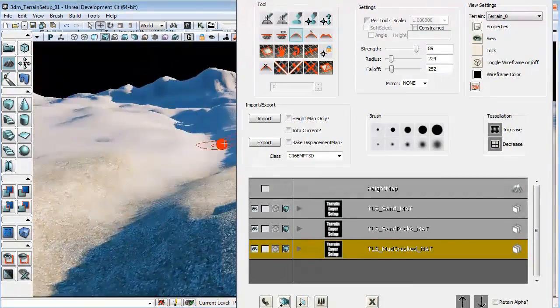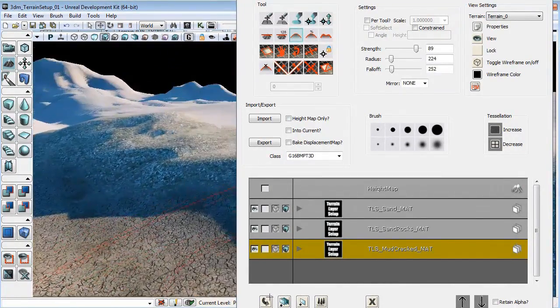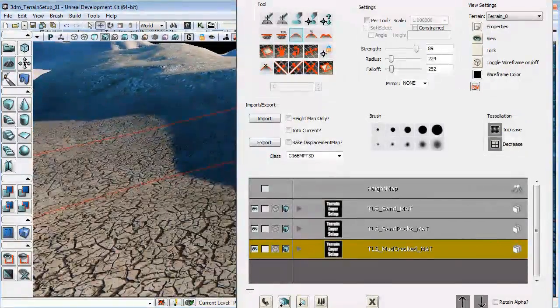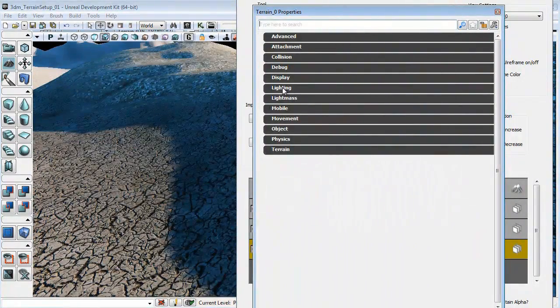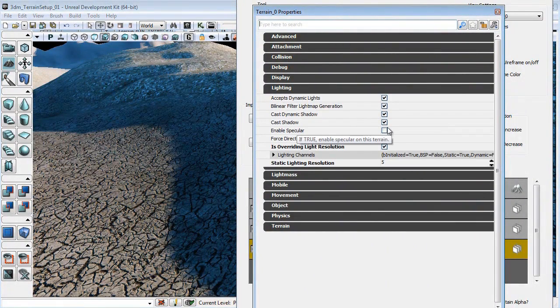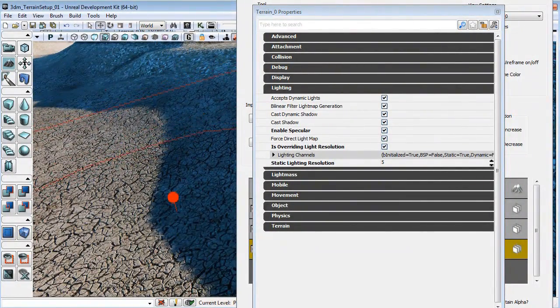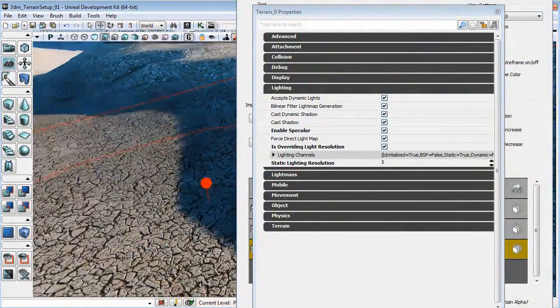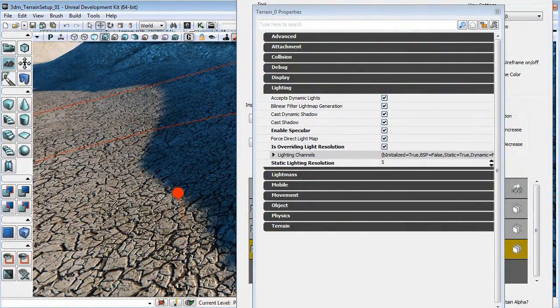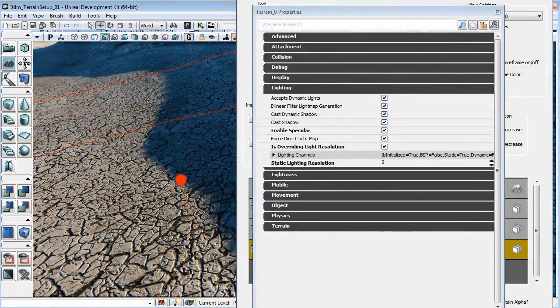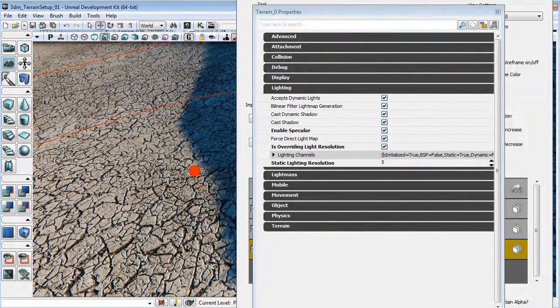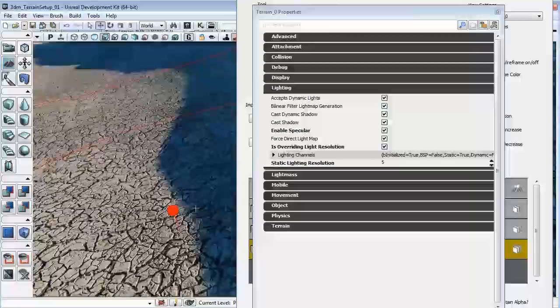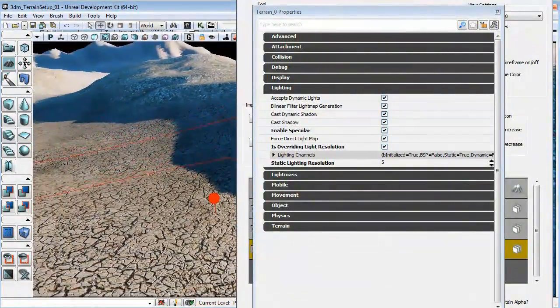The next thing I want to talk about is specular on terrain materials. By default, specular is turned off to help performance. But if we go into the properties of our terrain, go to Lighting and click on Enable Specular, you'll notice that specular is now enabled on every material on our terrain. Now you do want to be careful with this because it will impact performance quite a bit, and it will only enable specular for materials that actually have specular turned on in their material. As you can see though, it gives a nice result,